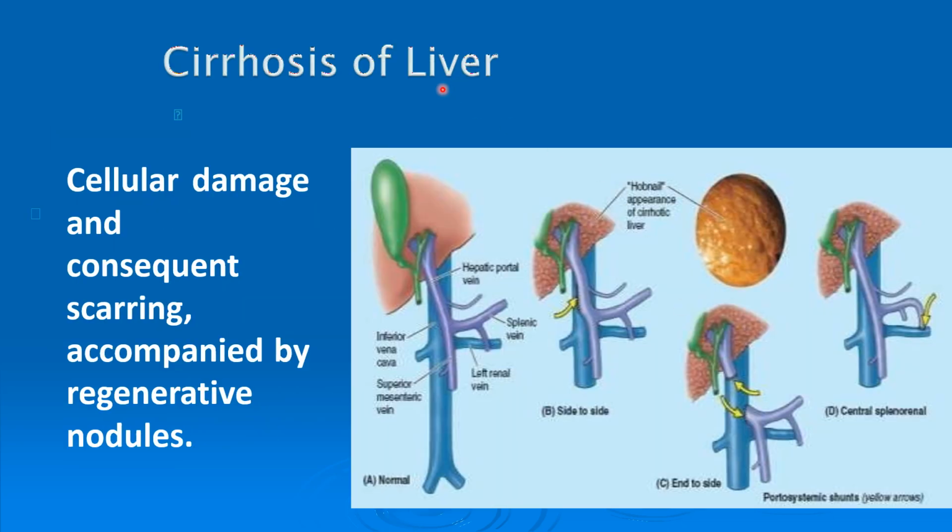Coming to cirrhosis of the liver, hepatocyte damage and consequent scarring accompanied by regenerative nodules is called cirrhosis of the liver. This is the normal shape, size and color of the liver. Normal cells are called hepatocytes. When the hepatocytes are damaged, they get repaired by scarring. This scarring may lead to the formation of nodules like this. This beaded-like appearance which makes the liver surface rough is called a nodular appearance. And that condition altogether is called cirrhosis, about which you will study later.